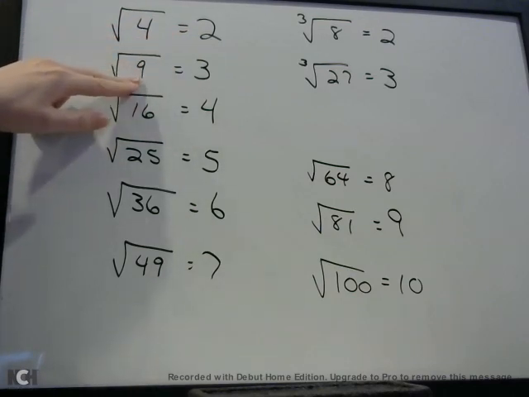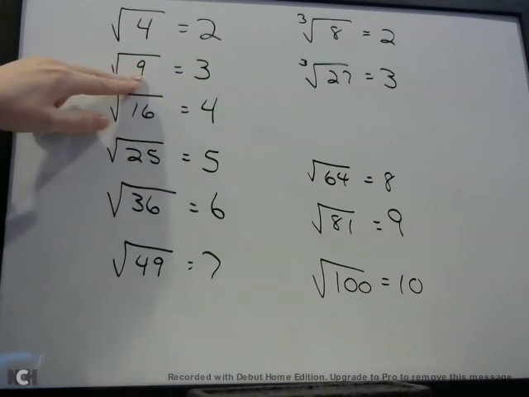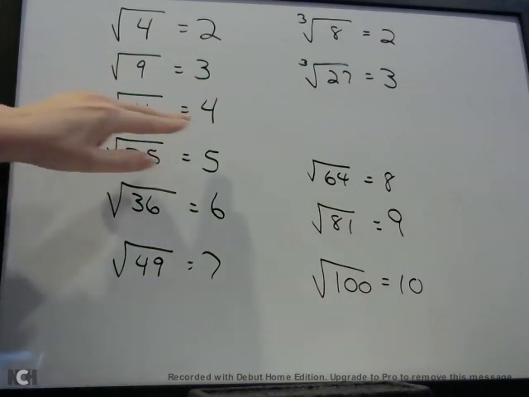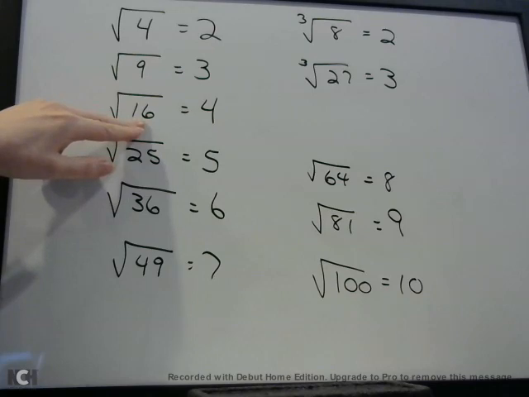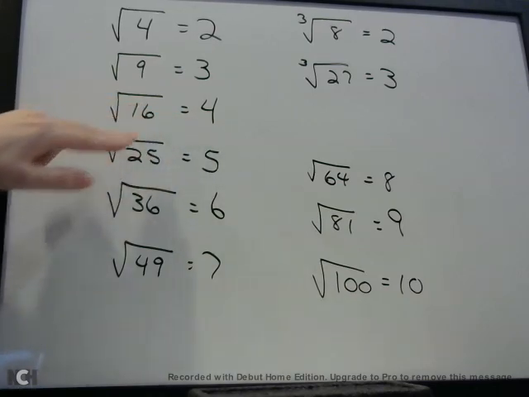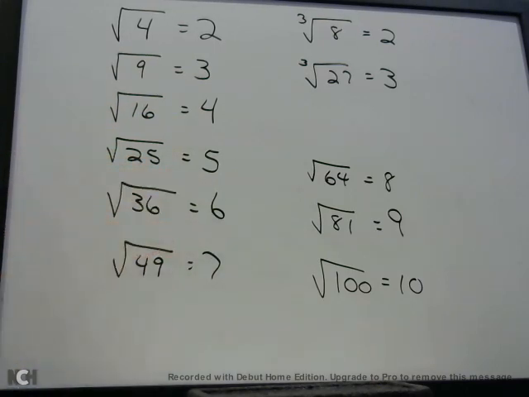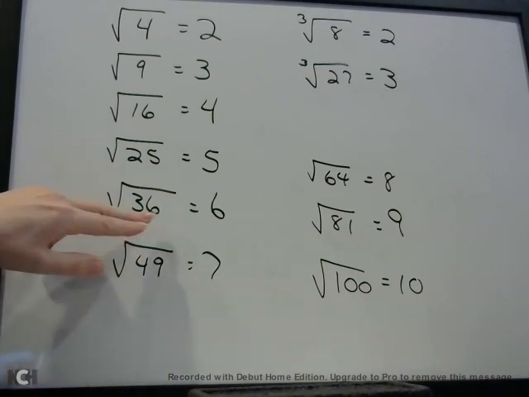The square root of 9 is 3. 3 times 3 is 9. So the square root of 9 is 3. The square root of 16 is 4, because what number times itself gives you 16? Well, 4 does. 4 times 4 is 16. The square root of 25 is 5. Square root of 36 is 6. So if you know your multiplication tables, 6 times 6 is 36, then when you see that, you know the